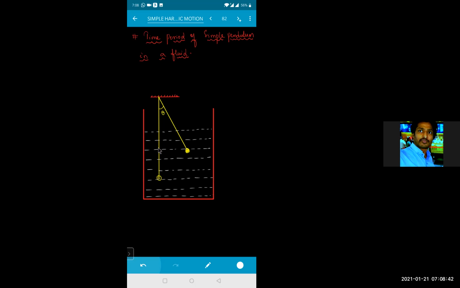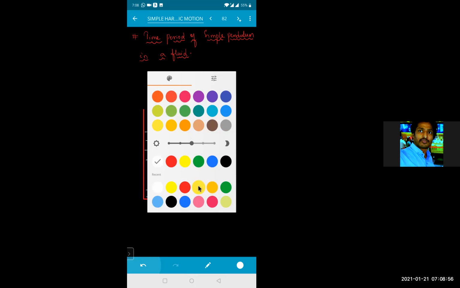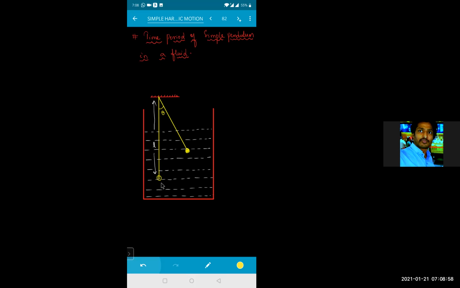So this is the simple pendulum. The length of this one is nothing but L, and it is immersed in the water, trying to oscillate in the water, something like this. The picture is the same; I'm drawing only one side right now. So what are the forces acting on this body? The weight of this body acts in the downward direction, that is mg. Tension in the string will act in this direction. Apart from this, the liquid will exert a force in the upward direction, that is upthrust, or buoyancy.